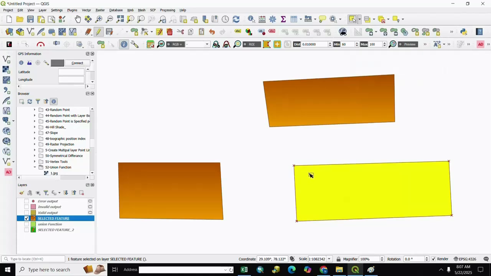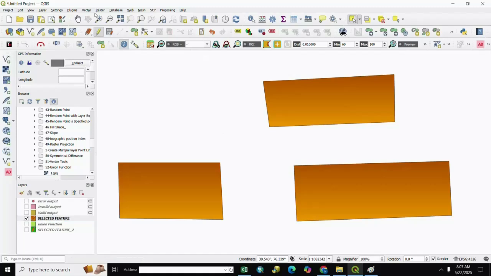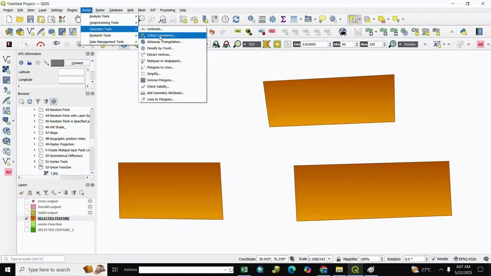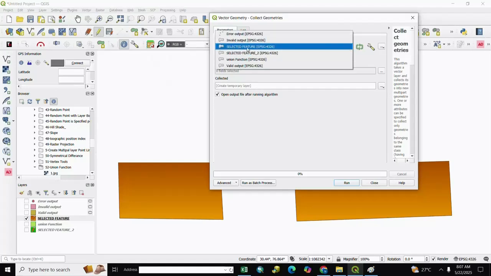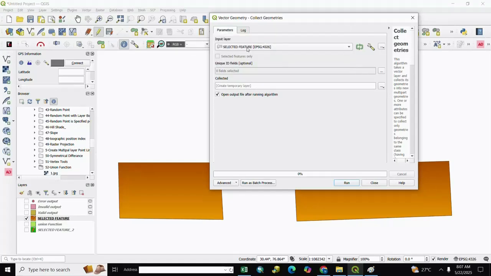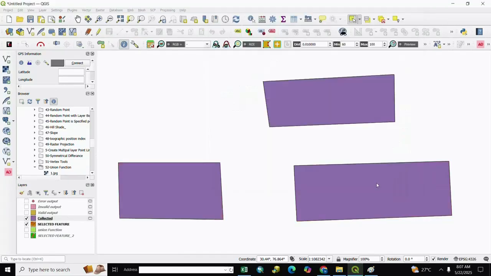For collecting geometry, we unselect them and go to Vector and Geometry Tools and select Collect Geometries, and we select here our layer, selected feature, and after it we run it and close it.